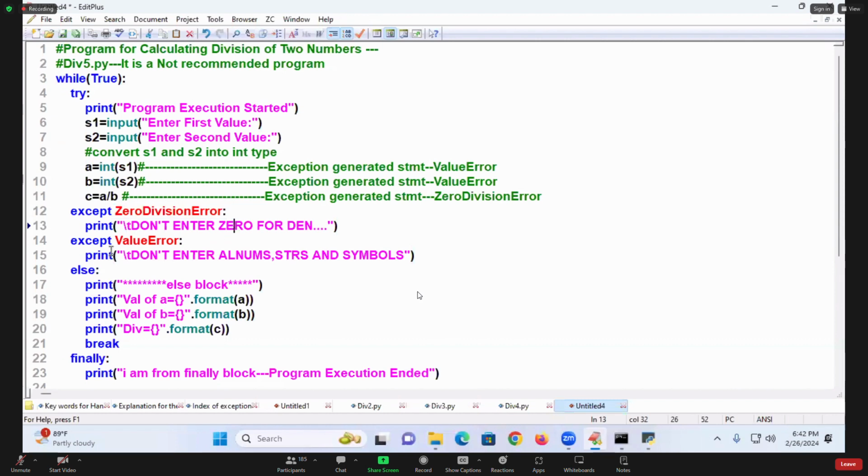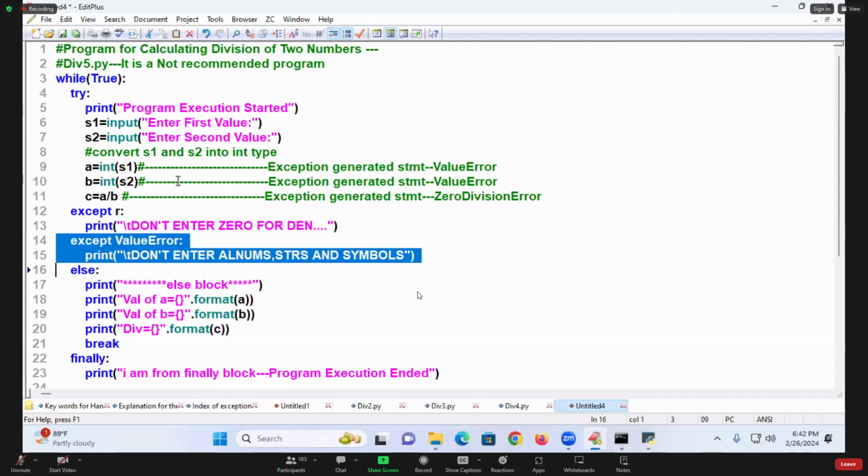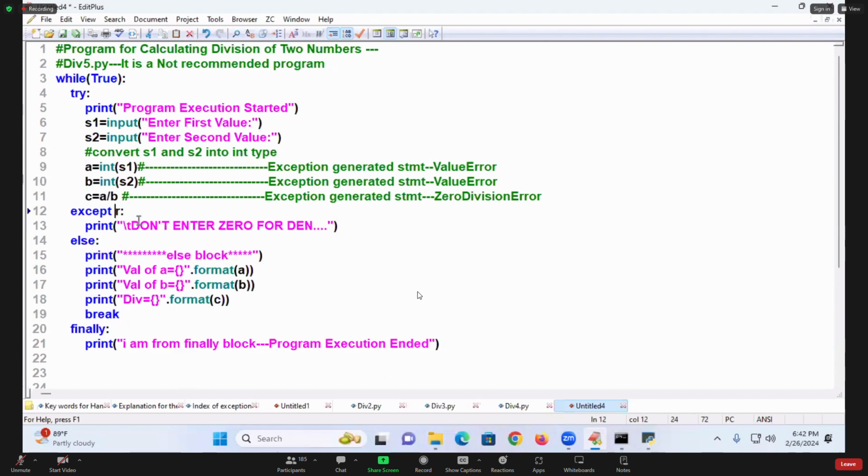And after that, they won't write this entire thing. They will say, don't write any except blocks, write a single except block. Even most of the small websites write it. And what they will write is print, and of course I am writing like that, with .format, something like: